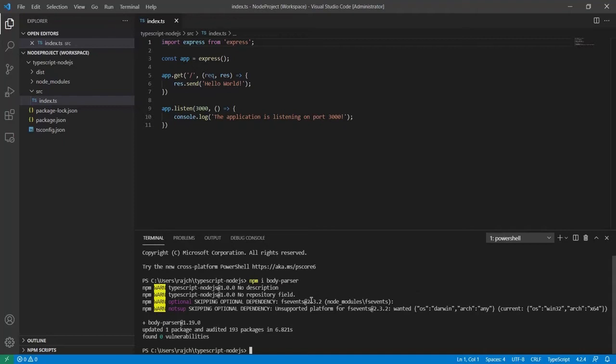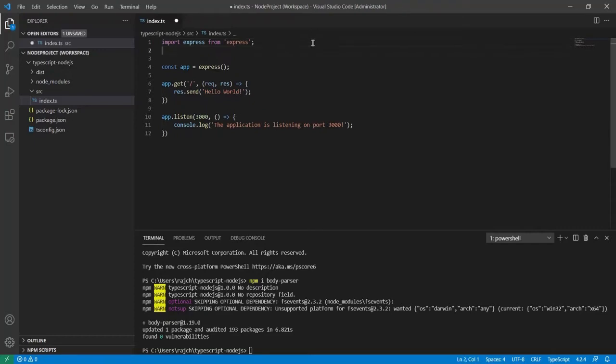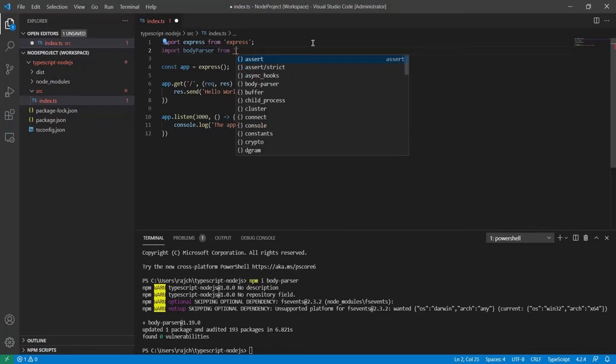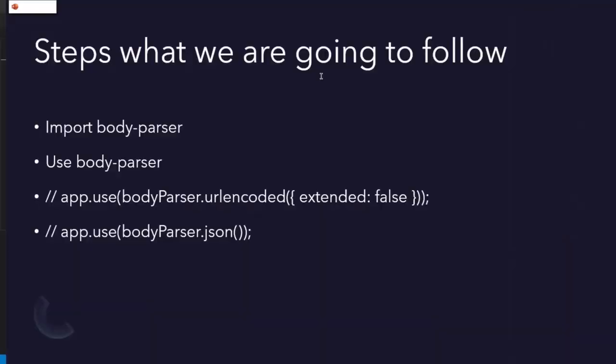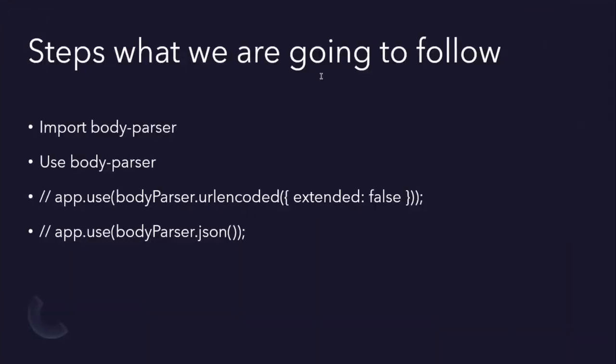As you can see, installation is completed, and now let me import body parser here. Sorry, not from Express, from body-parser. Okay, now the import is done, and the next step is to use body parser.